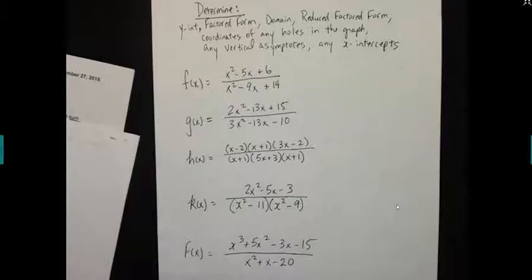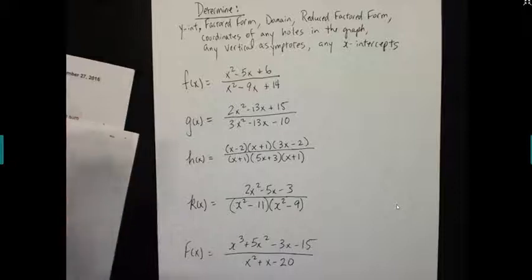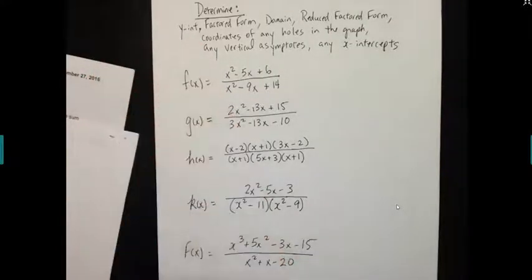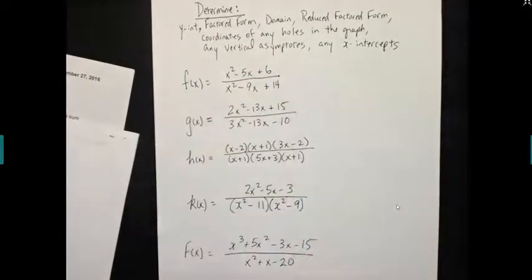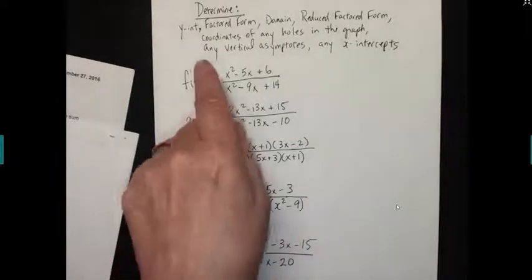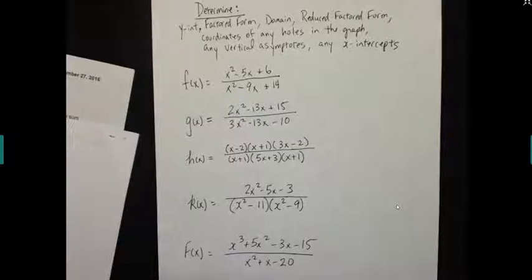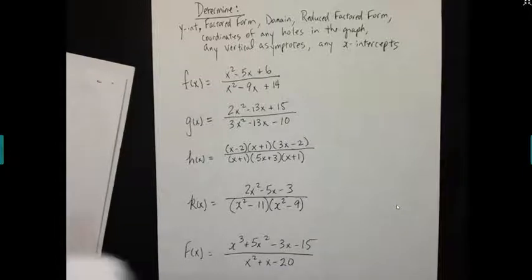In this video, we're going to look at these rational functions, determine the y-intercept, the factored form, the domain, put it in reduced factored form if it's different from the original factored form, and determine the coordinates of any holes in the graph, determine any vertical asymptotes, and determine any x-intercepts. Okay, so for this first one,